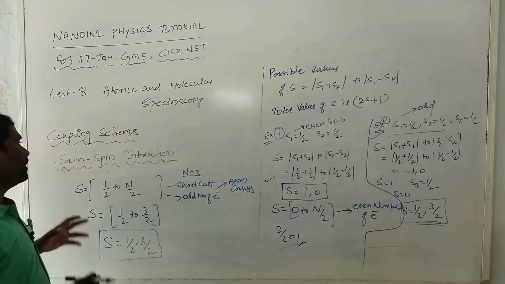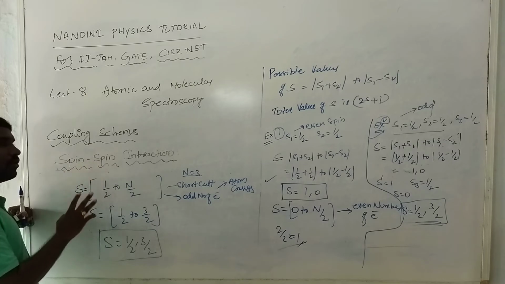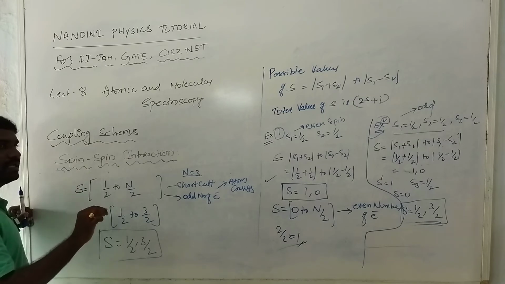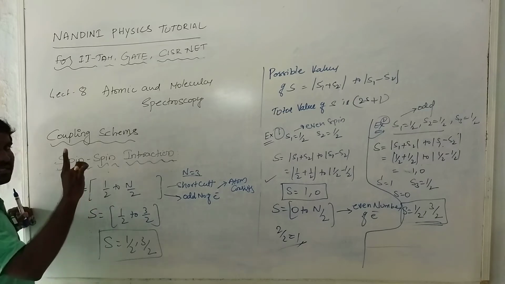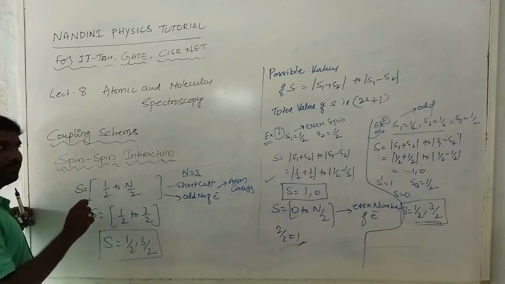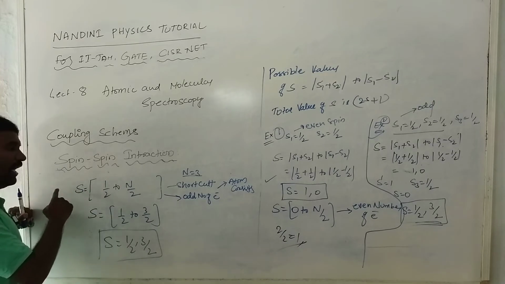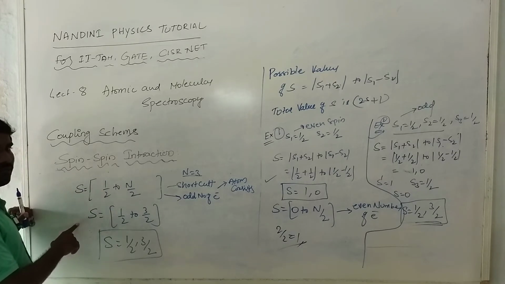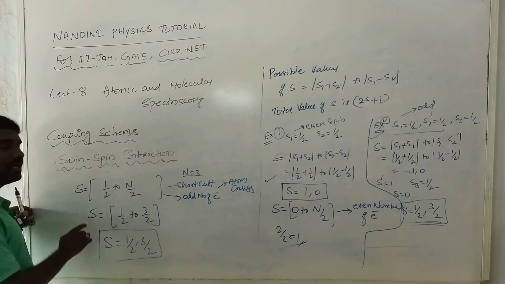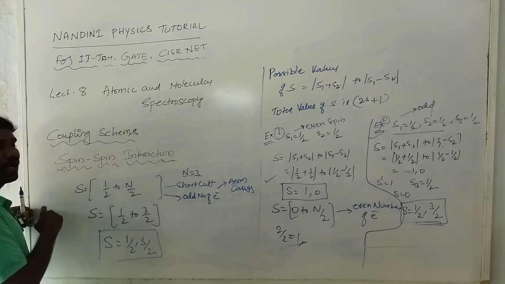I already discussed orbital interaction. That is called individual orbital quantum numbers precessing about their principal axis. Adding these orbital quantum numbers forms the total angular momentum. Similarly, the individual spins of the electrons precess about the principal axis, and adding these spin quantum numbers will give the total spin angular momentum.